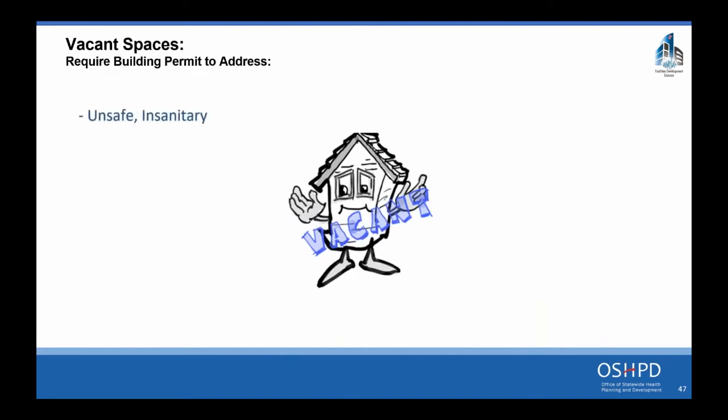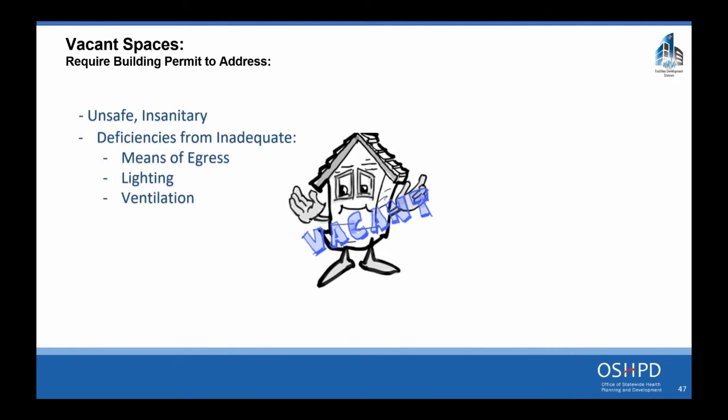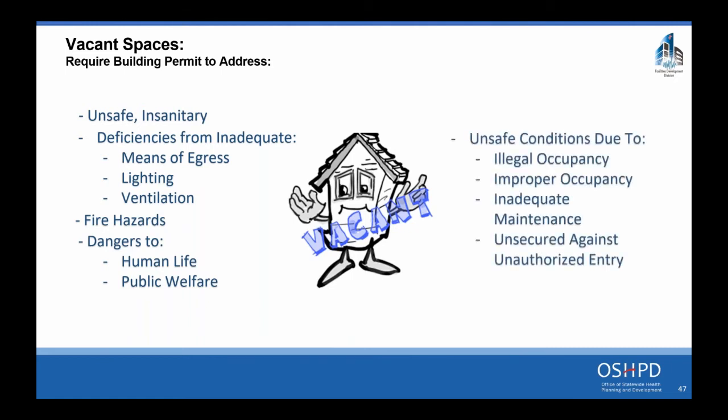So we want to make sure that the conditions are not unsafe or insanitary. That you don't have any deficiencies from inadequate means of egress, lighting, or ventilation. That there are no fire hazards or dangers to human life or public welfare. And we want to make sure there's no unsafe conditions due to illegal occupancy, people moving their offices in there, sleeping in there,